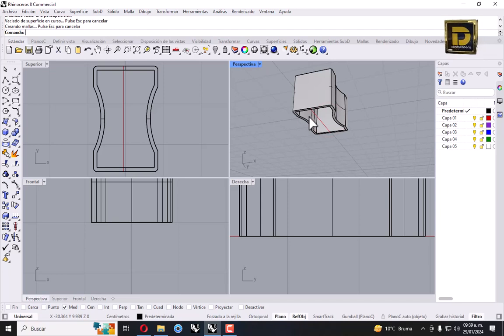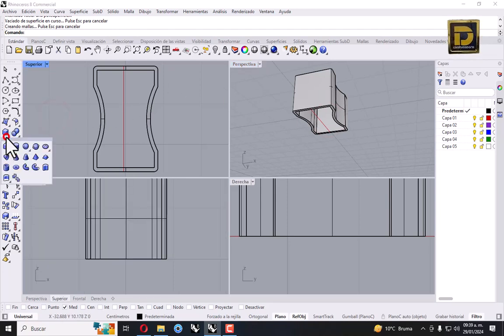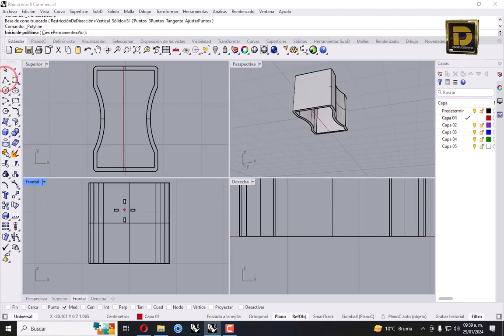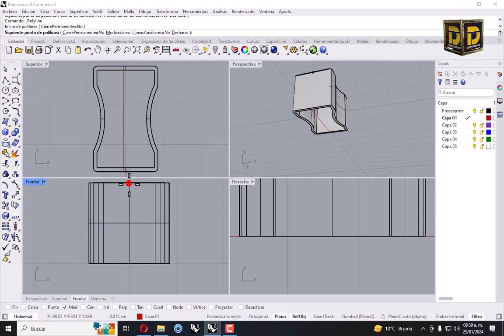Okay, we need to create a cone, so let's make it, go to this cone, but we need an auxiliary line. Check this layer, polyline, midpoint and midpoint, click here and here.